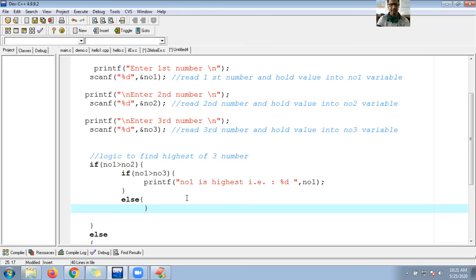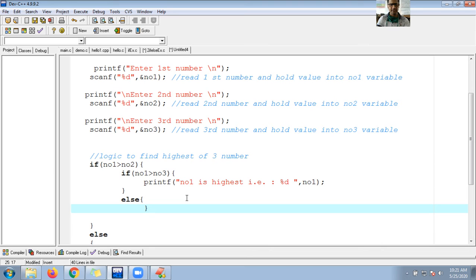What if this expression becomes false? Definitely number 1 is highest if this condition becomes true. If this condition becomes false, then who will be the highest? Definitely number 3 will be highest. So let me write here, number 3 is highest.